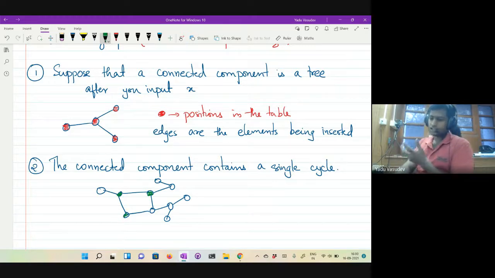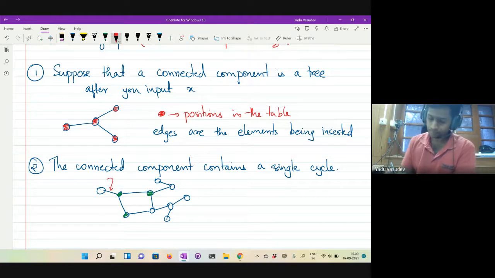To see how to place elements into the hash table, we'll do the following. You recall that this cuckoo graph is an undirected graph, so I can give a direction to the edges as follows. Suppose there is an element sitting in here. The element corresponding to this edge can occur in one of these two places.